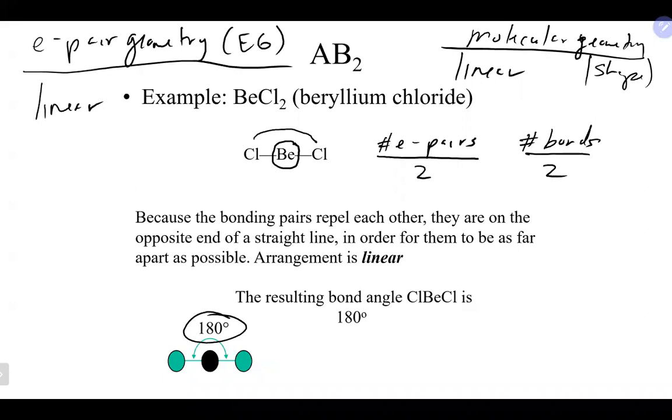So those two electron pairs decide I don't want to be near each other. There's only two things bonded. They're able to go on opposite sides of the central atom and get as far apart as possible. So in this case, the electron pair geometry is linear. The molecular geometry is also linear, and the bond angle